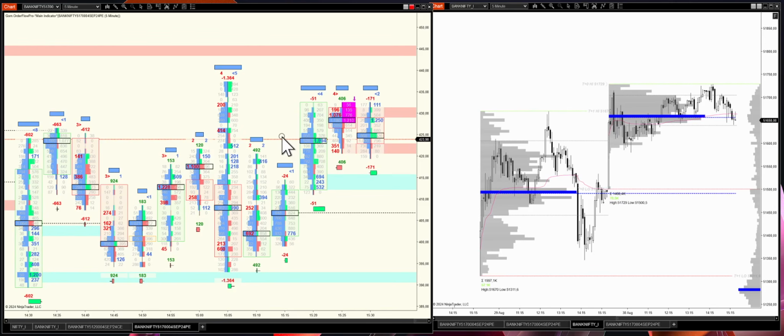In today's video, we are going to discuss something known as the delta finish. This is something that we've never discussed before, and it is a concept of order flow that we're going to learn today. So before we begin, what I have on the charts, the order flow indicator, this is Ninja Trader,